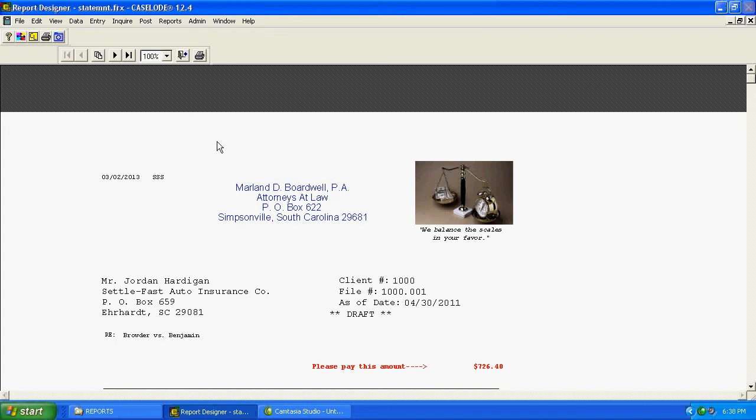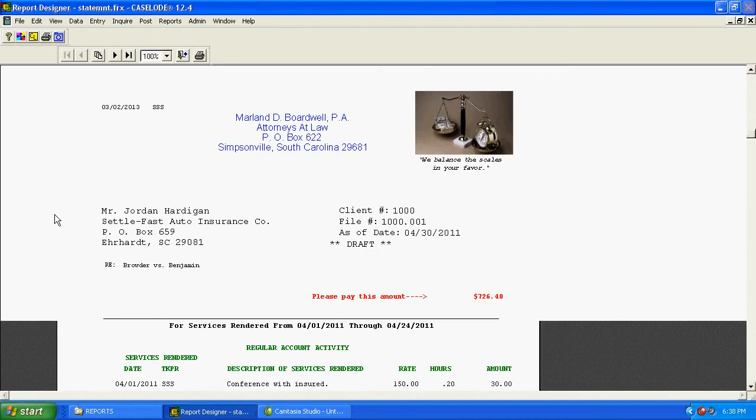If you'll notice up here, the name and address in this particular instance is coming out of our control file under the bill header section, but we can customize your own letterhead. We can add your logo or any other artwork that you want on the bill. This particular bill was customized to show the total amount that you expect the client to pay right on the